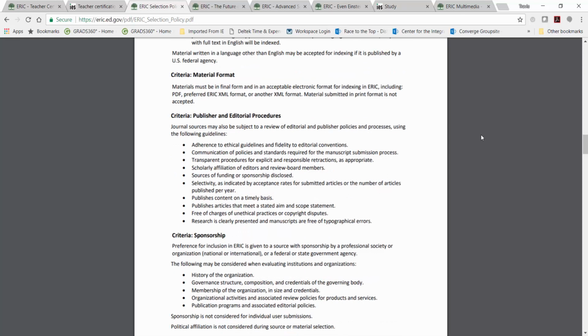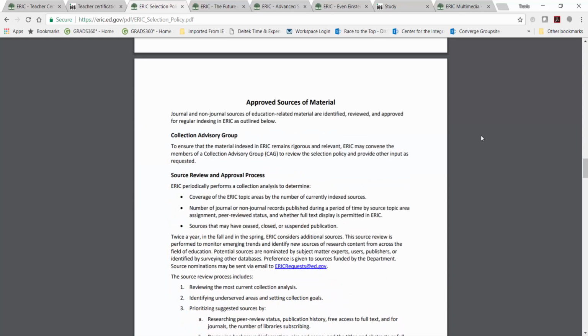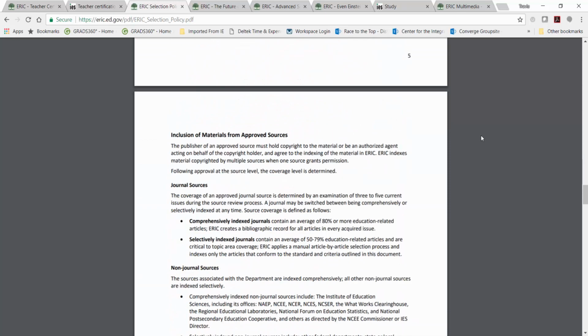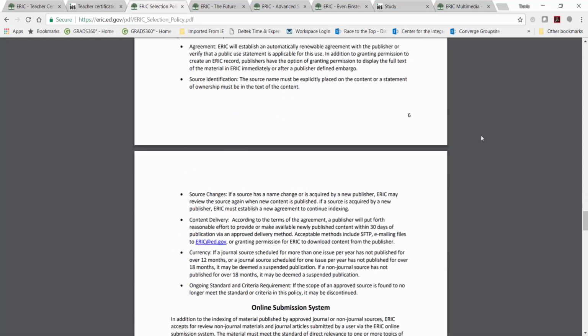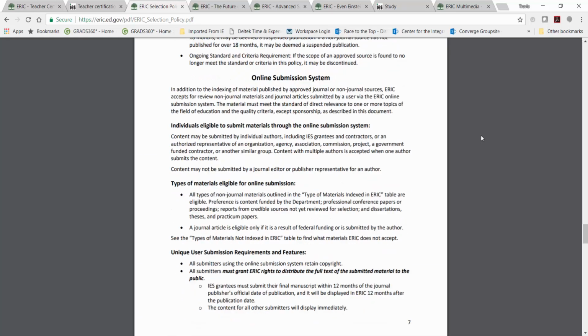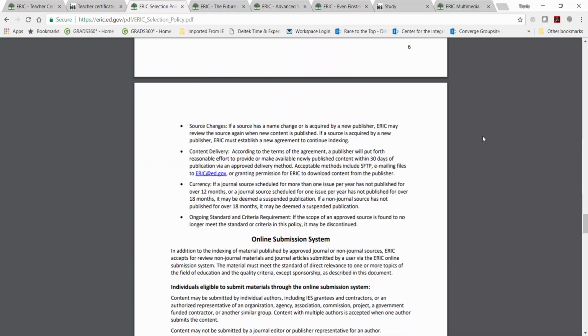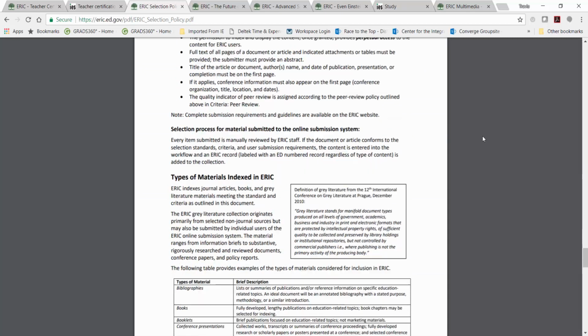So it's in there. This is one of the big updates that we did in 2018. If you look under criteria: publisher and editorial processes, it is on page 4.